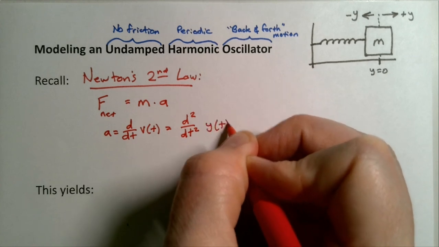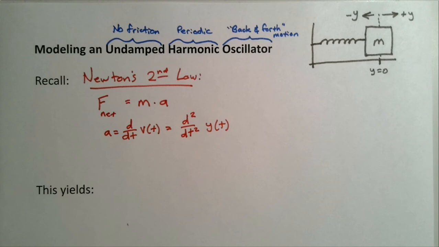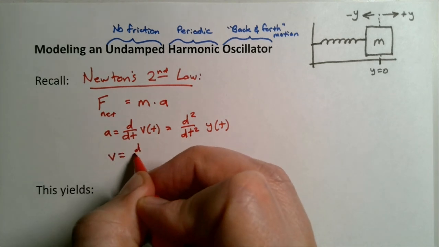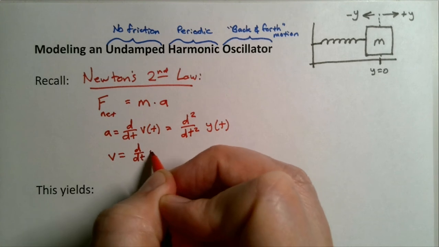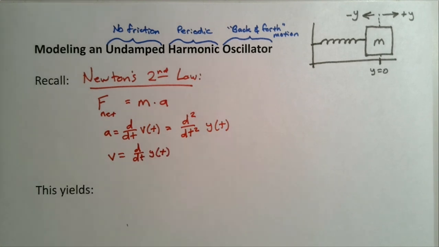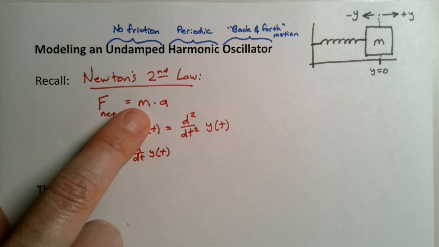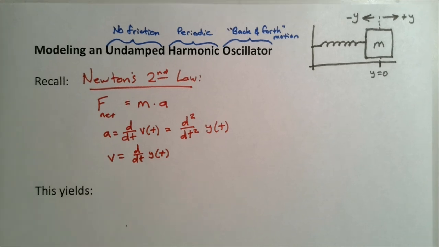In our case, position is y, and so velocity is the first derivative with respect to time of y. So just basics. Newton's law says that the net force on an object is equal to its mass times whatever acceleration it's experiencing. The other thing that we have to know in order to set up our differential equation here is